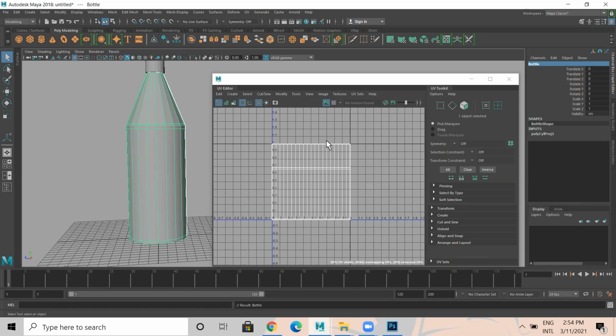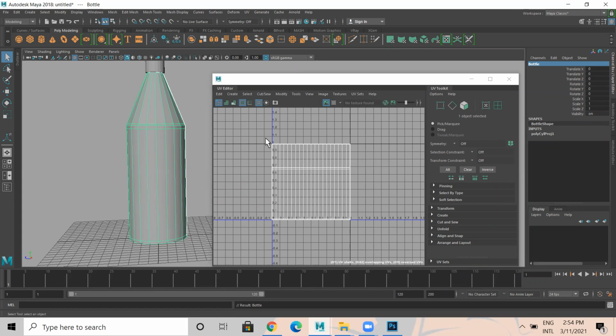So here we can add a label. That means we can add a label here. Okay, so to do that, I need to take this particular wireframe, meaning the UV, into Photoshop.